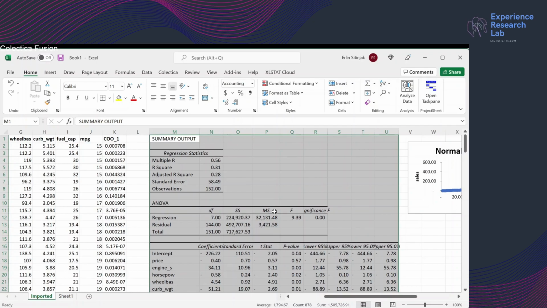Meanwhile, MS here stands for the mean of the sum squares, which equals the sum squares here divided by the degrees of freedom. Therefore, regression MS equals regression SS divided by regression DF, which is 32,131.48. The residual MS equals residual SS divided by residual DF, which is